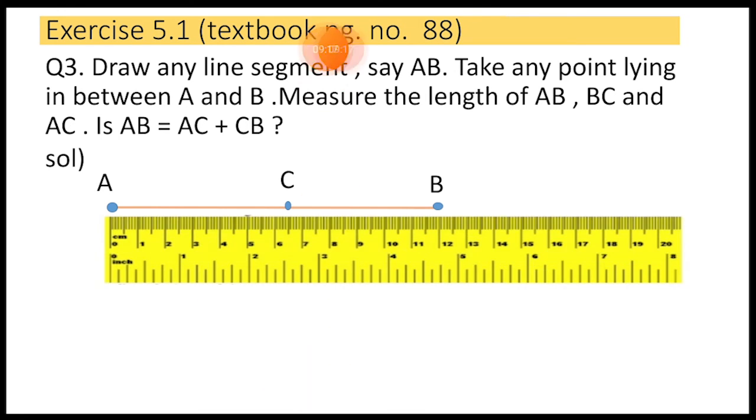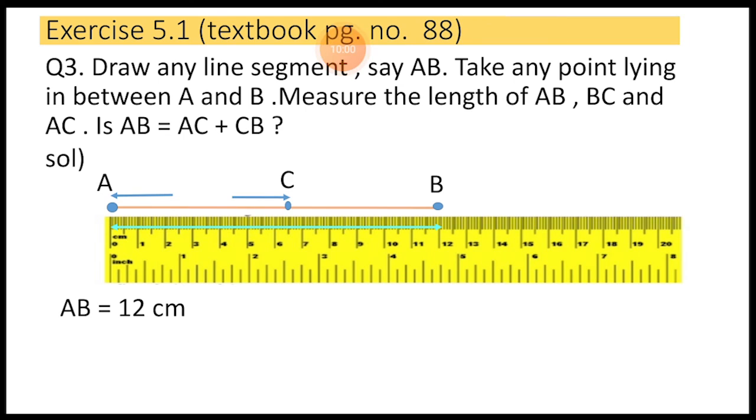Now using the ruler we'll be measuring the length of this line segment AB. When you see the reading starting from the 0, just above the point A you can see we have the naming of this line segment taken as A. At the bottom of this, where the ruler is placed, it is showing the 0 reading. When you read the length for this line segment AB, below the B point, you can see it is showing 12 centimeter in the ruler. So length of AB is 12 centimeter.